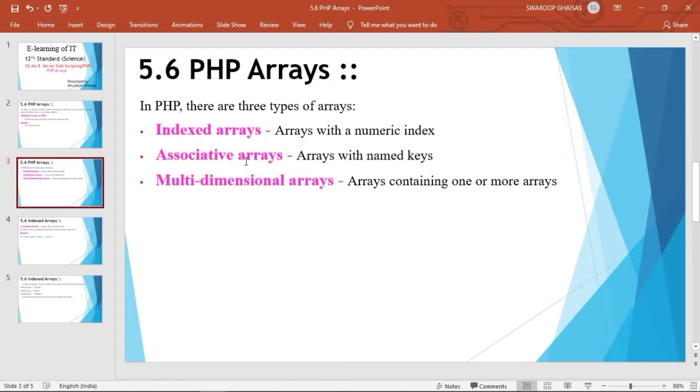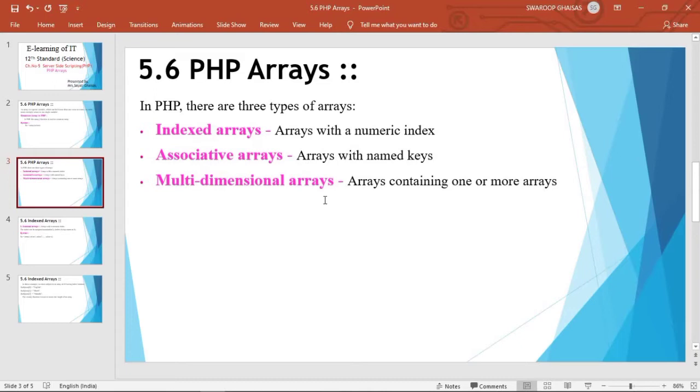The second type is the associative array, which is an array with named keys, that is key and value pairs. The third type is the multidimensional array, which is an array containing more than one array, or we can say an array of arrays.